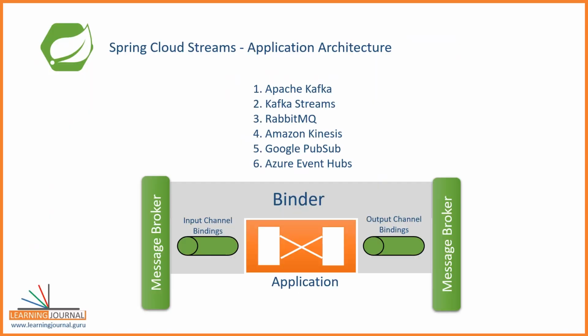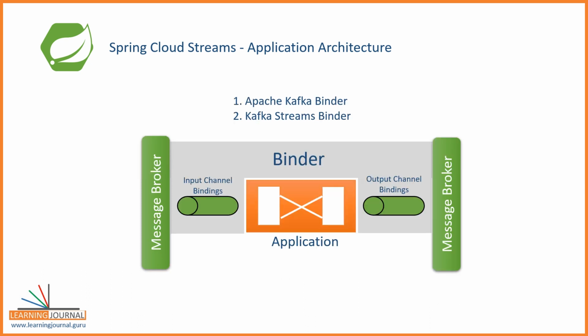Spring Cloud Stream supports a bunch of messaging systems. I already showed you some supported binders. However, this course is about Kafka. So, let me talk a little about the Kafka binders. Spring Cloud Stream supports two Kafka binders. The first one is the plain Kafka binder that internally implements Kafka Producer and Consumer Client APIs. The second one implements the Kafka Streams API. This course is focused on the Kafka Streams binder implementation.